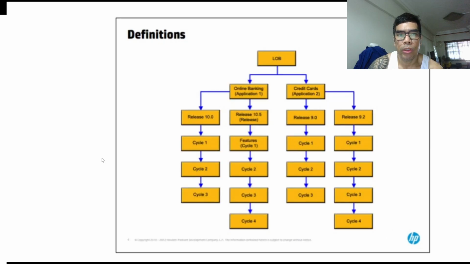In the module example, we have the online banking and credit card application. As the module discussed, they have different releases. For example, this one is a release that is already done, so the application is already built.